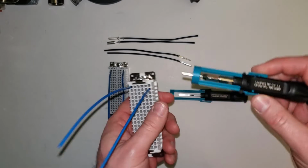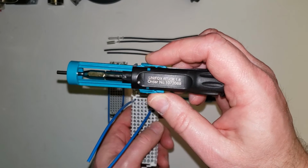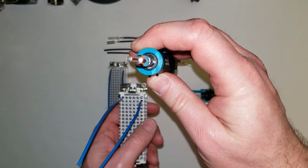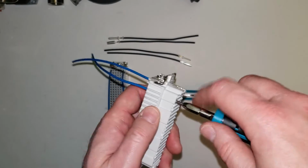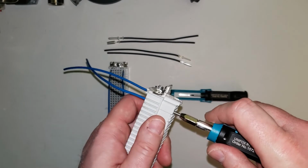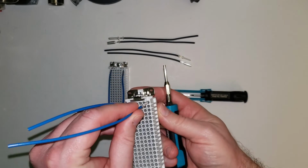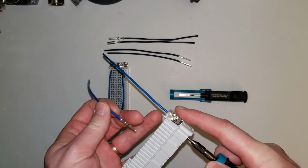So that's when we're going to take our 107-2069 extraction tool. With this one here for the CK 1.6 contacts, this is a complete barrel that'll wrap around the entire contact. We're going to come around to the mating face, and this is a spring-loaded mechanism here. What we're going to do is take this, put it into the slot where the contact is that we want to extract, and once that pops, the contact can come out, and I can take it and reinsert it into the proper slot. So I can come back, pop that out,